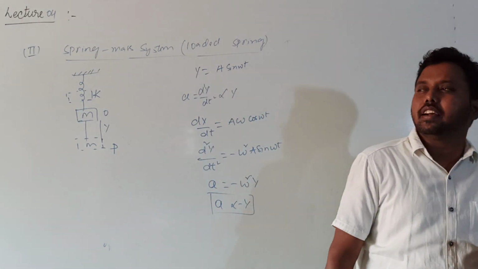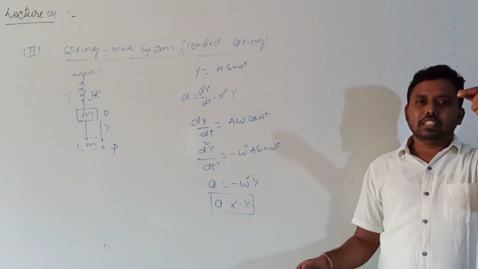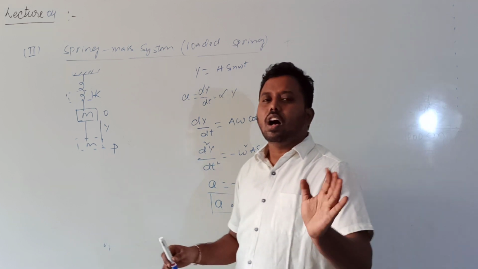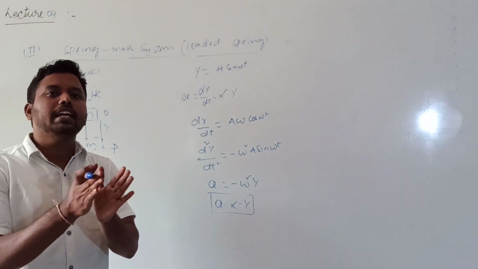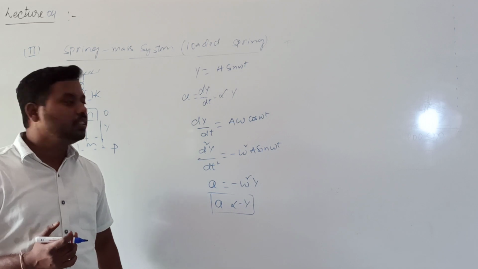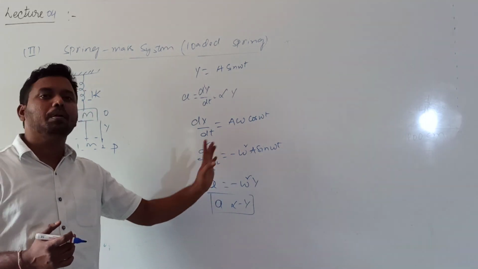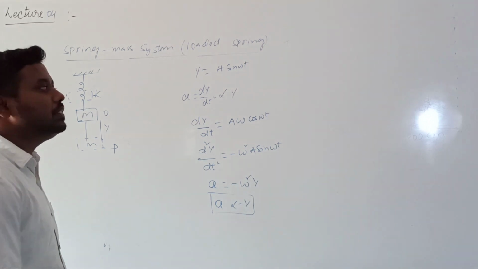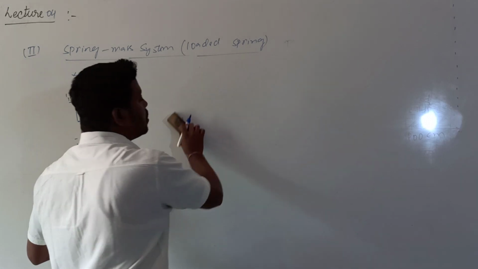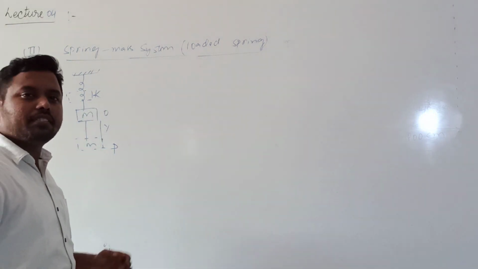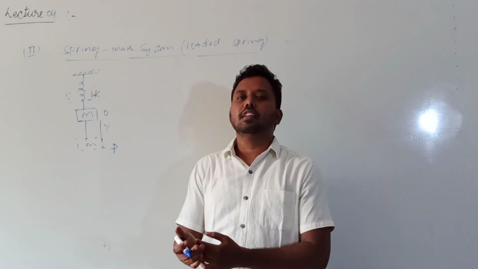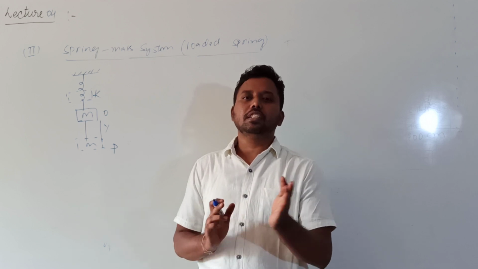When you are solving the numericals, they will give you a function and ask whether this function represents a simple harmonic motion, or only harmonic motion, or only oscillatory motion. How do you come to know? If d square y by dt square is directly proportional to y, then that equation will represent a simple harmonic motion. Now in this question, how can we prove the motion is simple harmonic? Derivation I have already seen from a subjective point of view, but I told you, not only for the spring mass system and simple pendulum, in some cases you need to derive the expression for the time period.